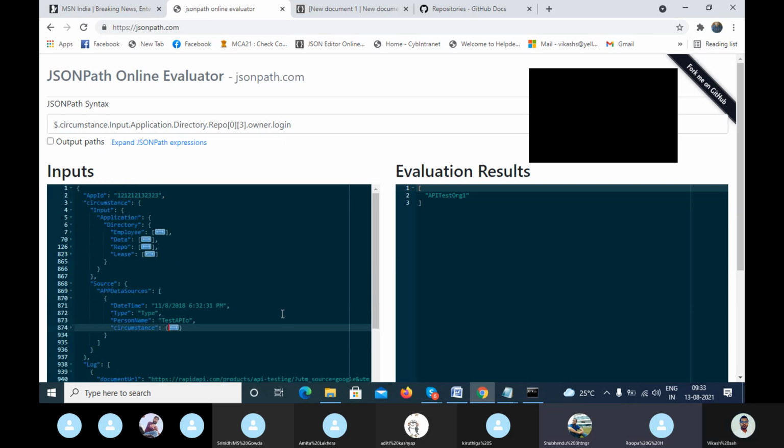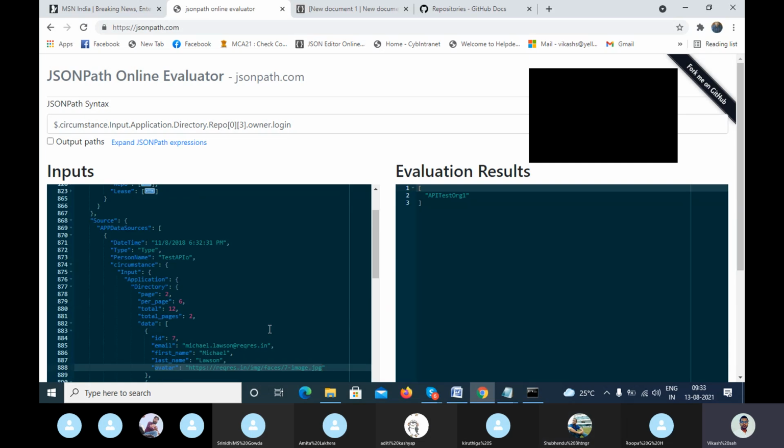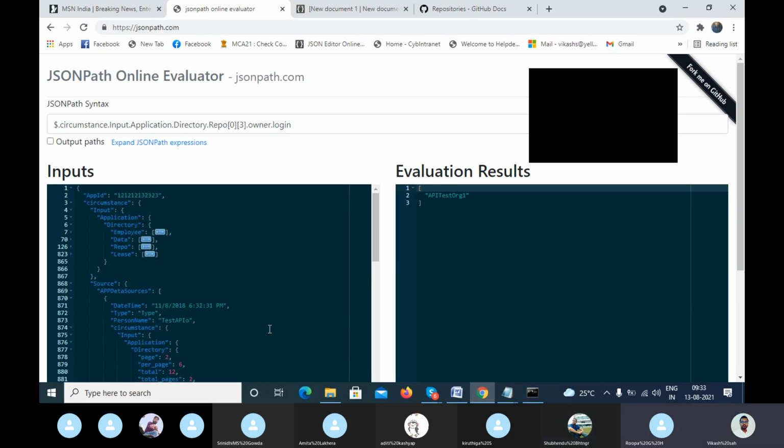What we just need to do is go up. I need this avatar. Please go up. In place of repo, I think your app data source will come. Can you just go up? I want to see that. Source is under